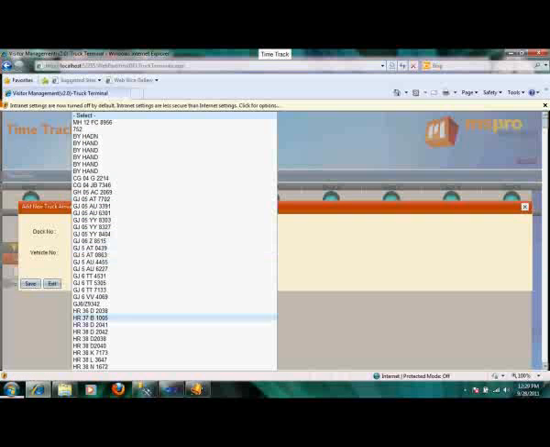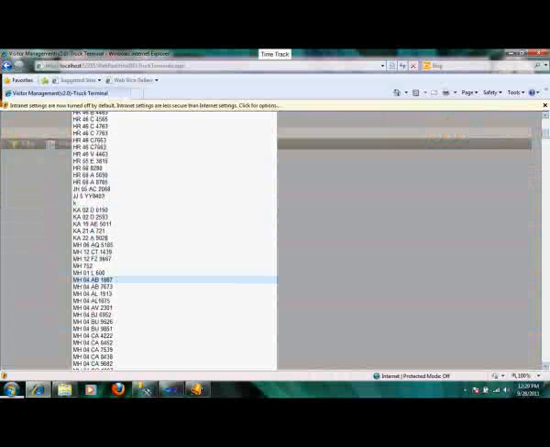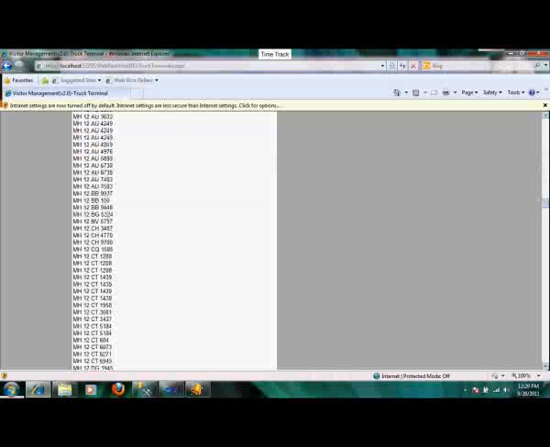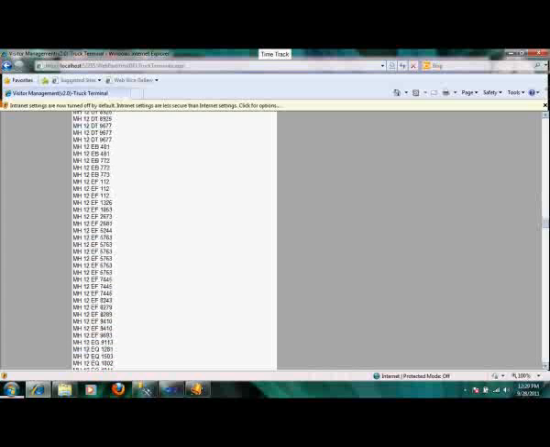So I click on add new, the dock number I select as D1, and a list of vehicles. Now you see a huge vehicle list. That's because perhaps I have not cleared the old list of vehicles which I had used for testing data.